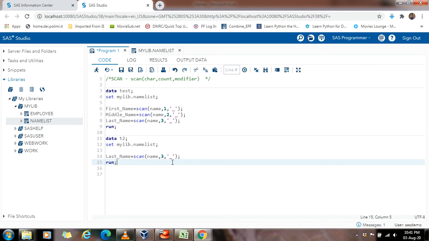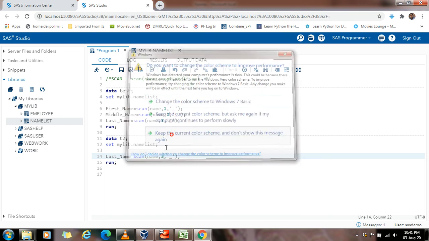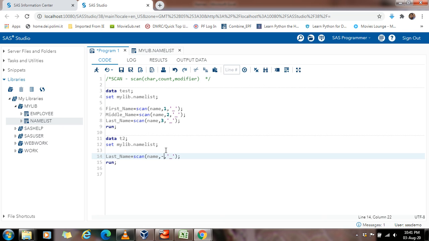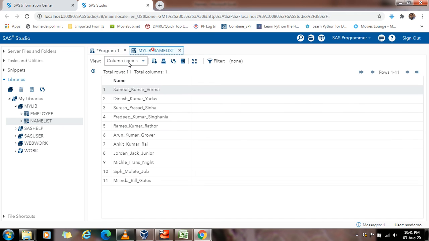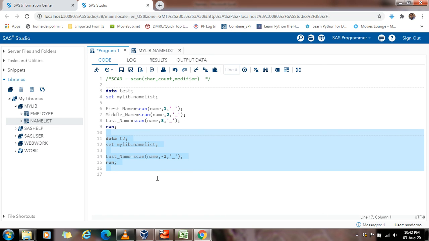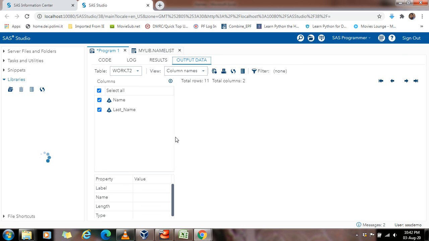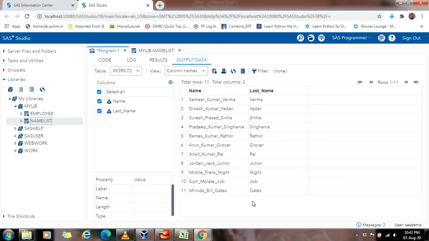This will work, but can there be another way? Yes, there can be another way. Instead of providing the third, we can simply type -1, because -1 refers to the last word. Similarly, if we need second last, then you can put -2, third last -3. Similarly, it will go ahead, right? Now let's run this part. Come over here, hit this button and see. You can see this last name is extracted over here.